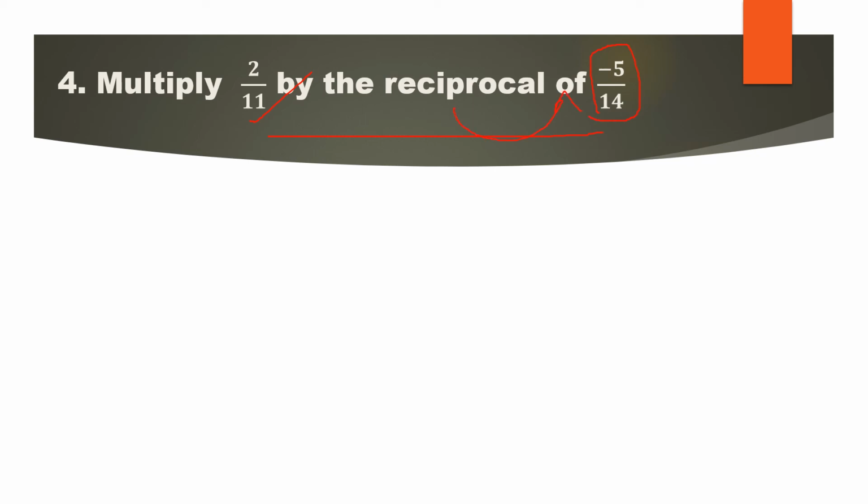So first you should write the reciprocal of this one. Reciprocal means the numerator will be the denominator, and the denominator will be the numerator, but the symbol will be the same. Don't get confused whenever you are doing a reciprocal or a multiplicative inverse of a number. No symbol change will be done. The symbol will be the same only. Just the numerator becomes the denominator, and the denominator goes as the numerator.